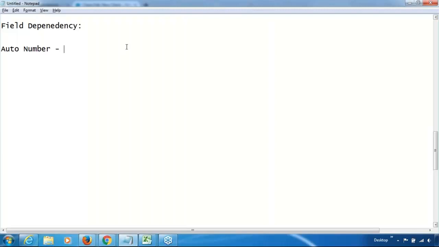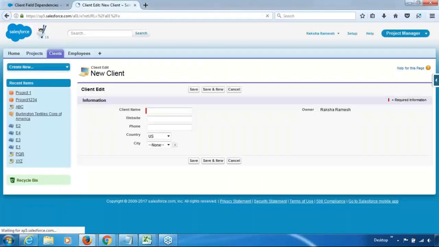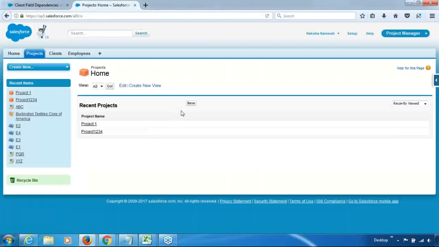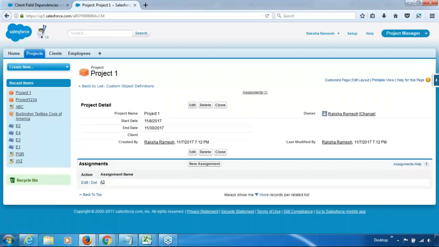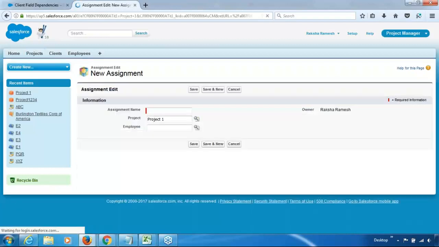Now, where do we use it? So to understand the use of it, let's take this scenario. Let's go back to this. Okay. In the last session, we created an object called assignment, right? Click on new assignment here. It asks you for an assignment name,